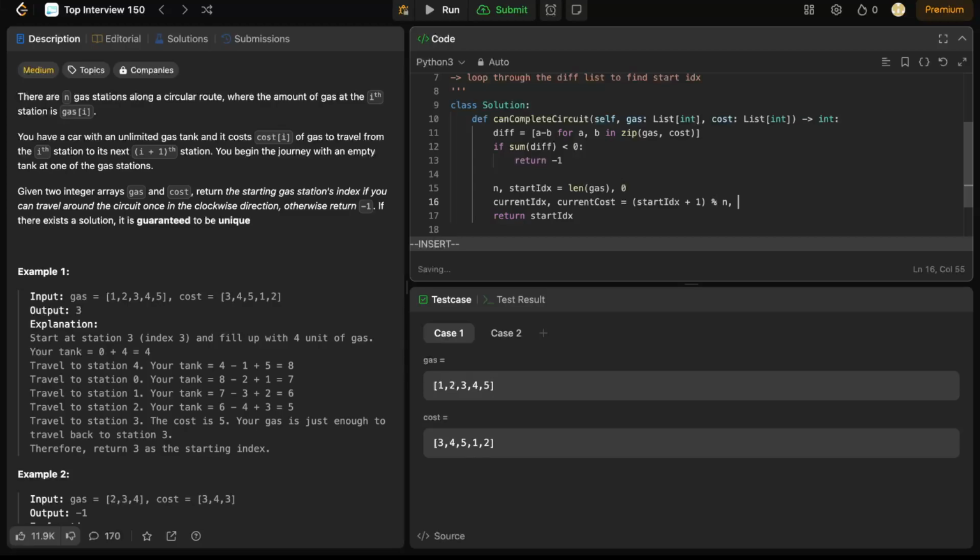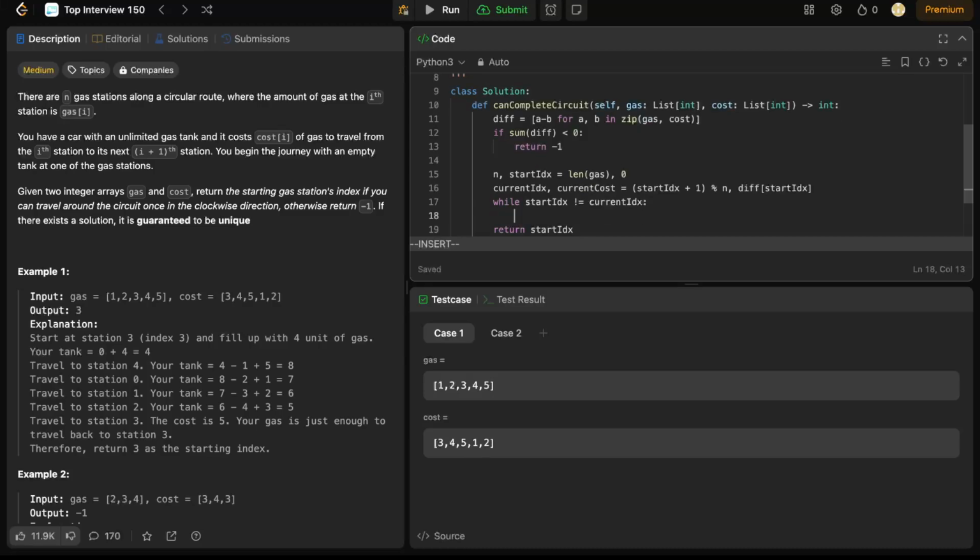And then the current cost would just be, I think, the difference of the start index. Now we start to loop through the list to see if it's even possible to go all the way around. And if it's impossible, we reset the start index to a better value. So while start index is not equal to current index,